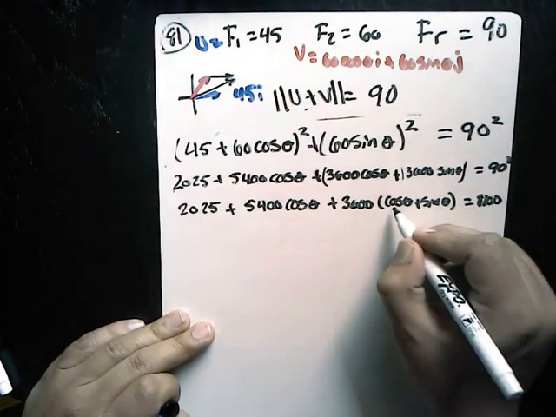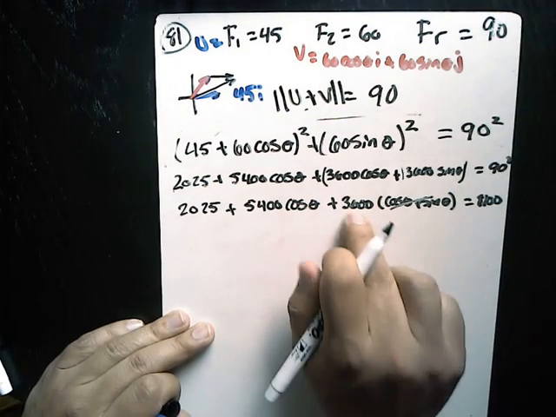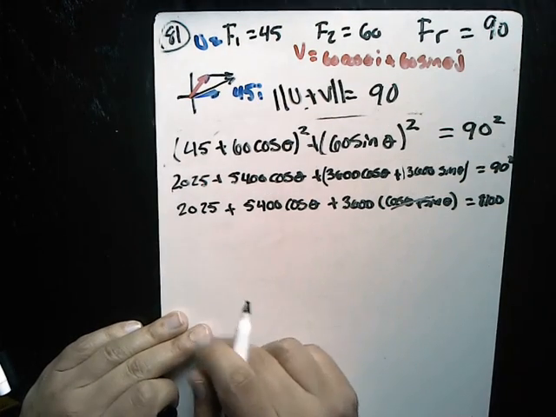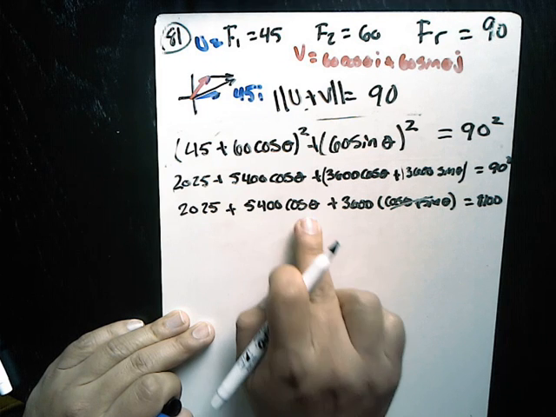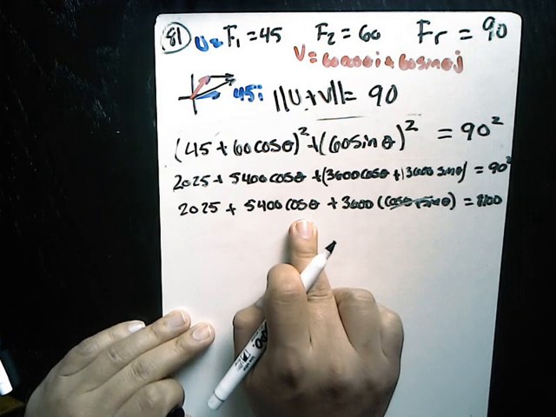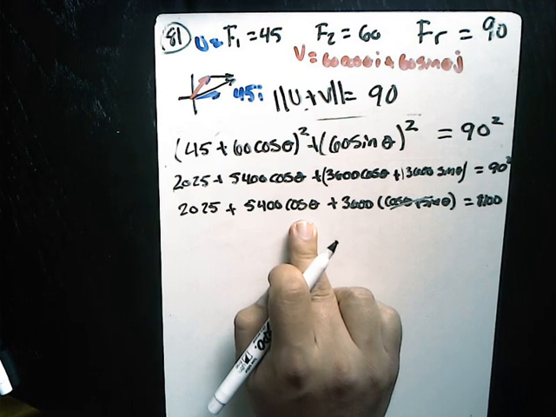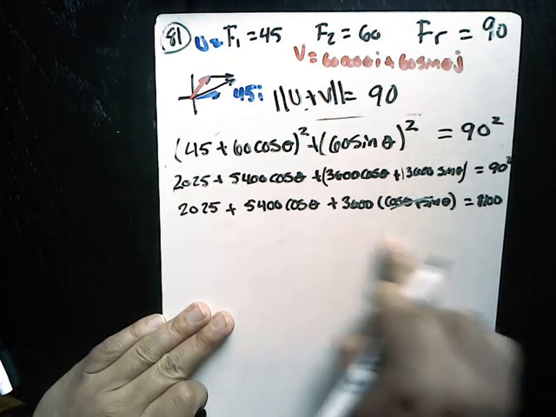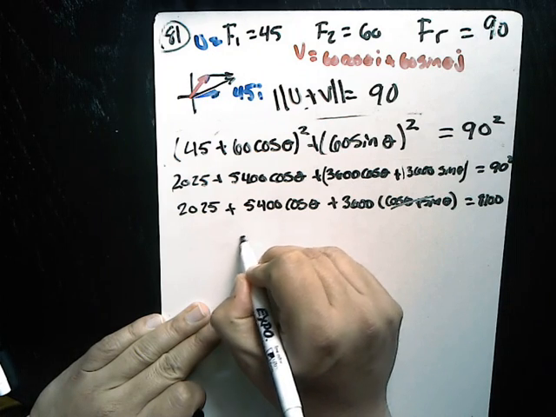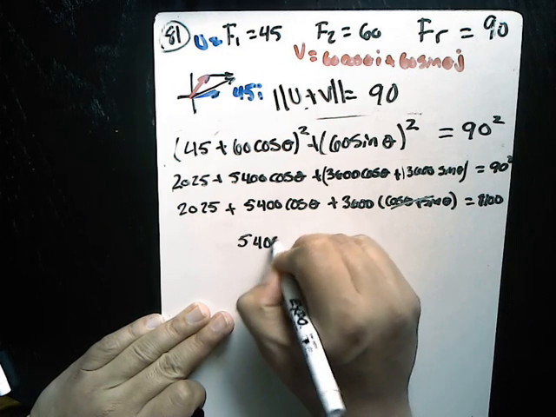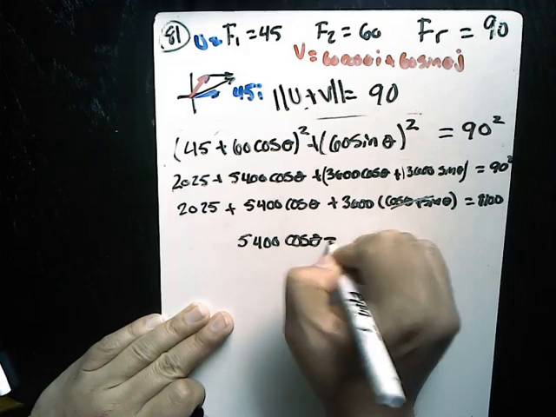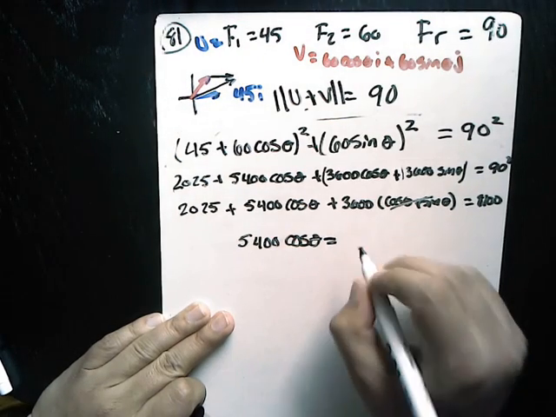Cosine squared and sine squared make 1, so that goes away. Now I can do 360 plus 2025, and then really what I want to do is figure out what the angle is. So I'm just going to subtract everything over, so I should end up with 540 cosine theta equals